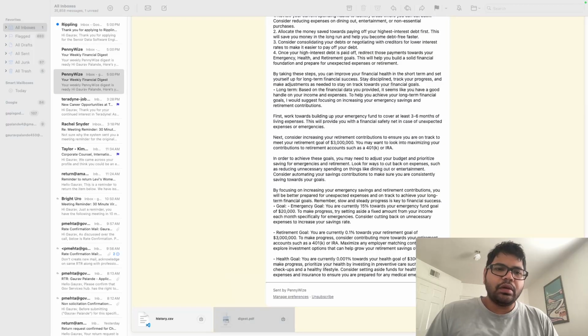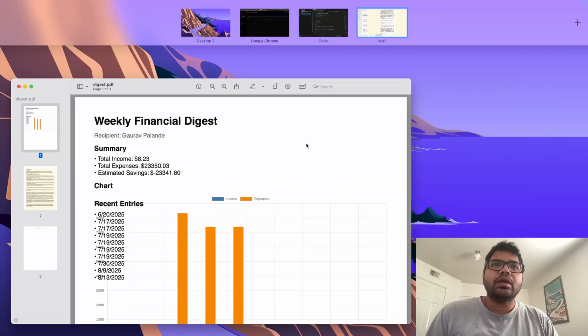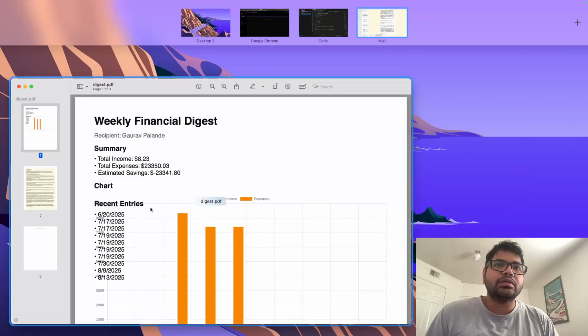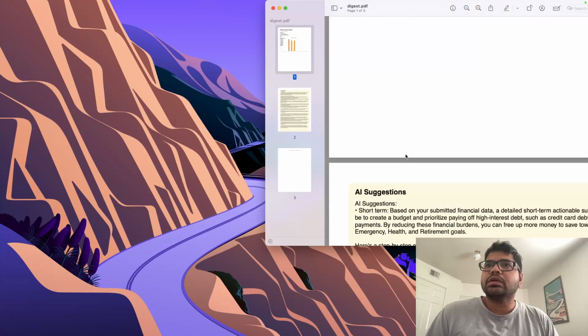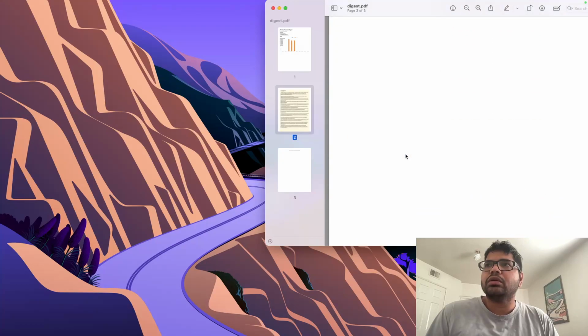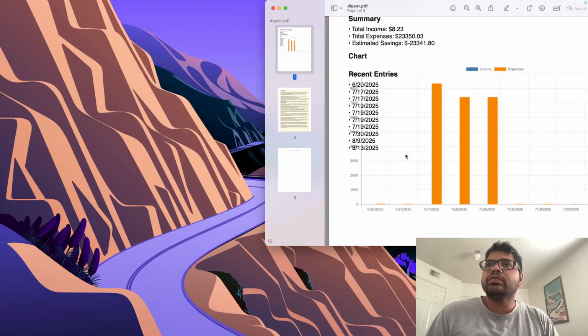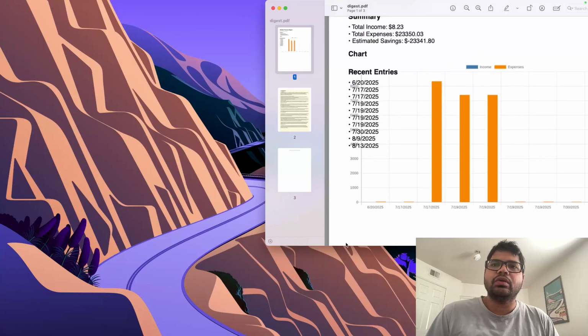Let me look at the PDF. This PDF still has the recent entries, not actually. Let me see recent entries, and the AI suggestion has gone down in the other section. Okay, so let's move recent entries also below. Yeah, so what we will do is